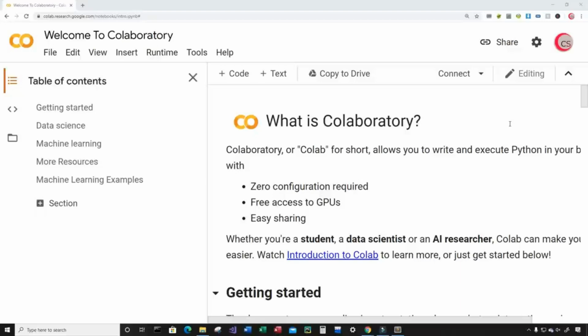So in this video, I'm going to show you all how to create a program that classifies images. Now, currently I'm on Google's website called colab.research.google.com because it makes it really easy to start programming in Python. And that means that you don't have to install Python onto your computer. You can just go to this website and then log in using your Google account and get started writing your